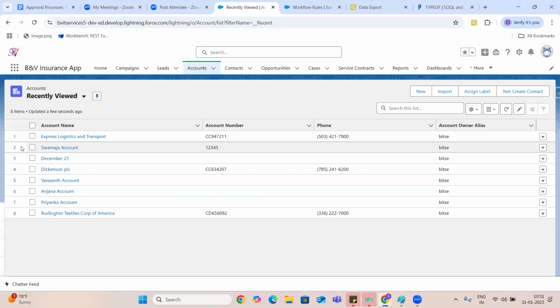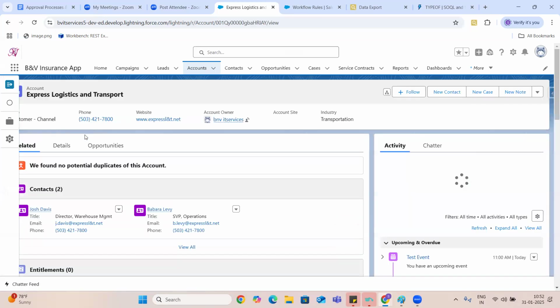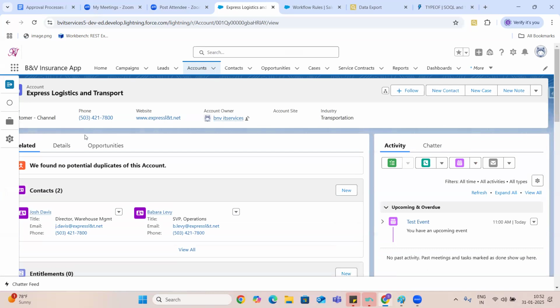The second one is created and edited. That means the rule will fire one time at the time of creation, and the same rule will fire if you edit the record also. Every time you click on the edit button, it will fire the rule, and then it will check the criteria. If criteria satisfies, it performs the actions.